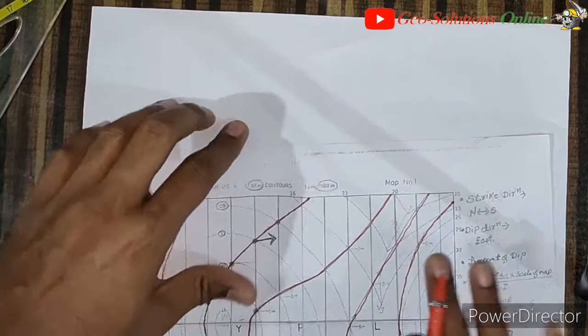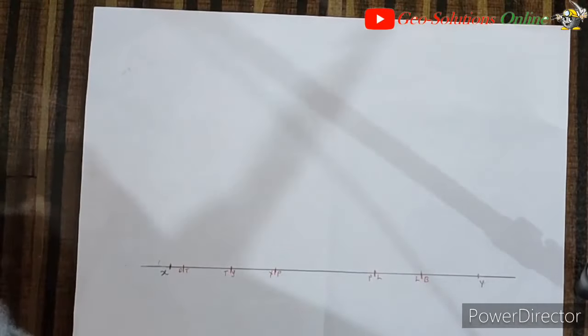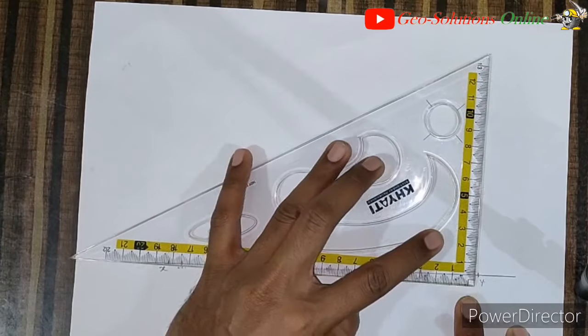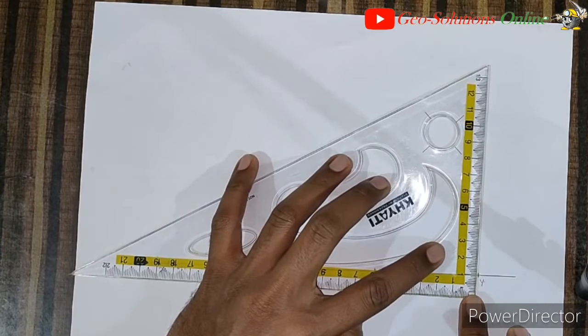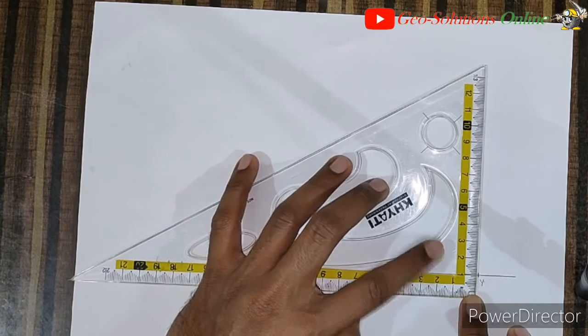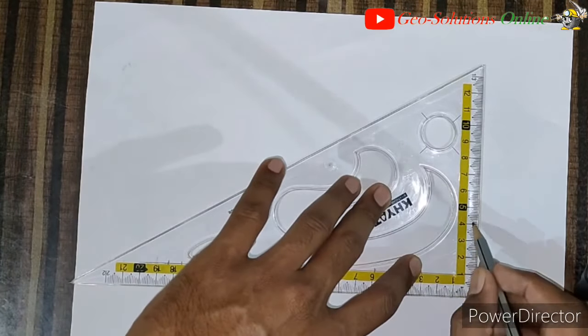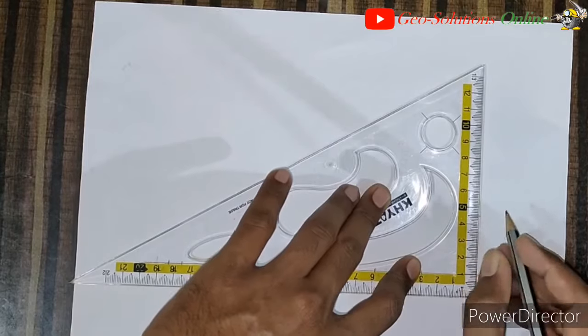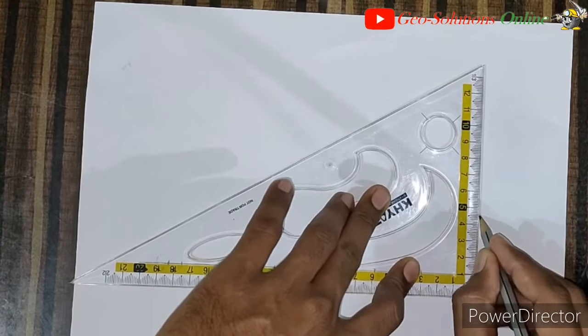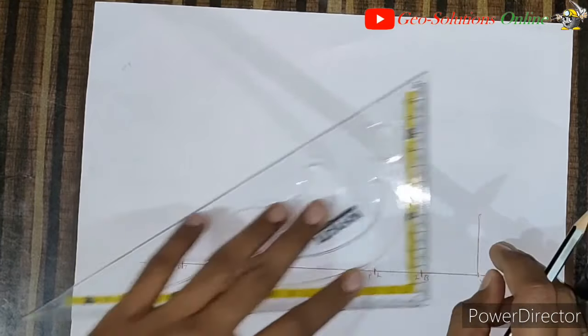So we will consider this as a reference point for the line. Okay, so on both sides with the help of a scale we will draw the perpendicular line on the axis. Okay, so on the Y axis the line length must be 3.5